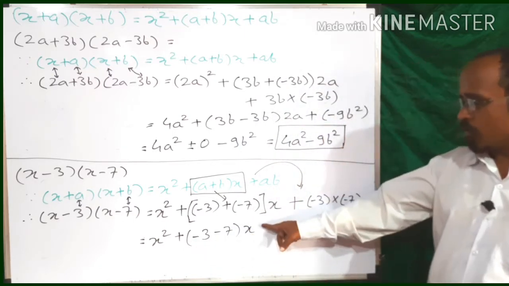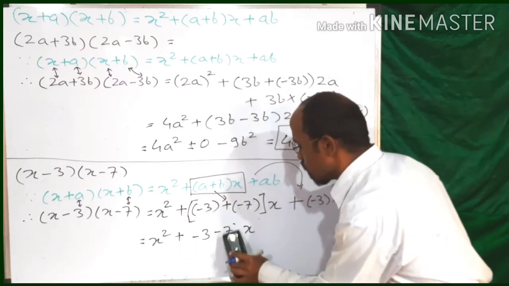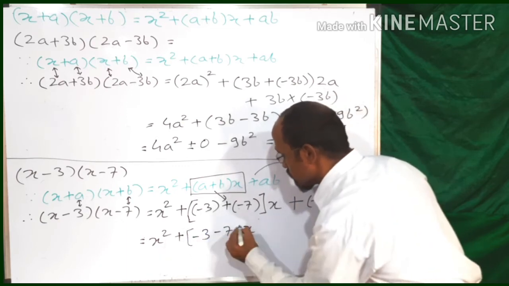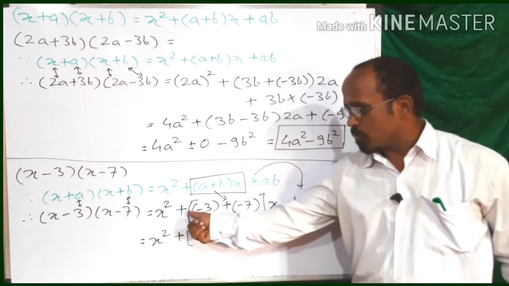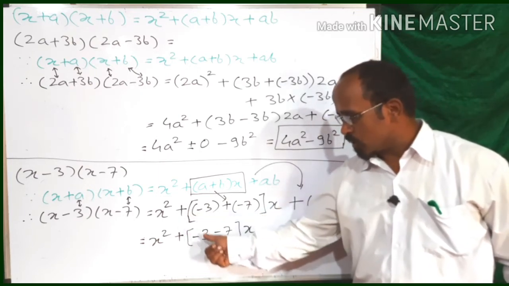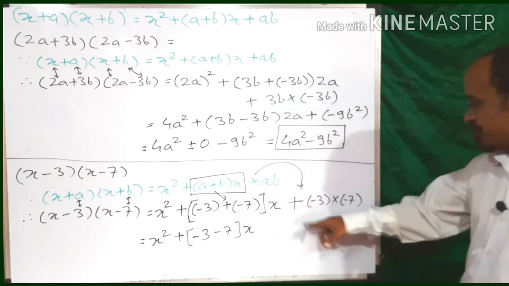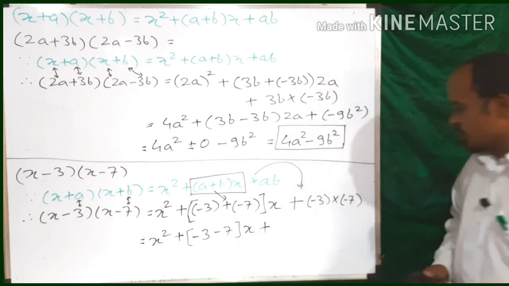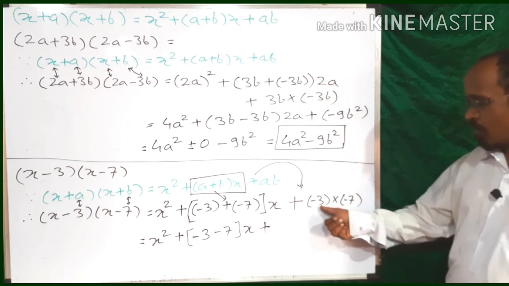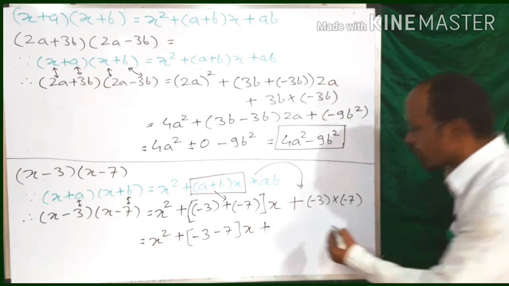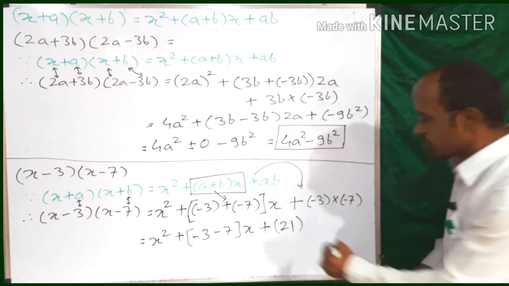Clear? Did you observe how the brackets are removed? I will keep the square brackets as they are to avoid confusion. See how brackets are removed. The symbol outside the bracket is no symbol, meaning plus, so this minus is as it is. The symbol outside the bracket is plus, so this minus 7 is as it is. Plus minus 3 into minus 7: minus minus is plus, so 3 sevens are 21. Plus 21.